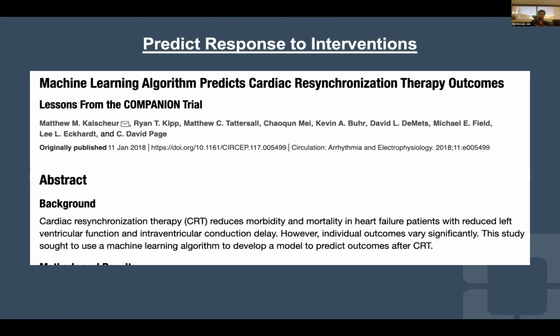In this study, the authors used data from the COMPANION trial to see if CRT reduces morbidity and mortality in heart failure patients with intraventricular conduction delay. They trained a machine learning algorithm to see if it could adequately predict who would respond to CRT and who would not,